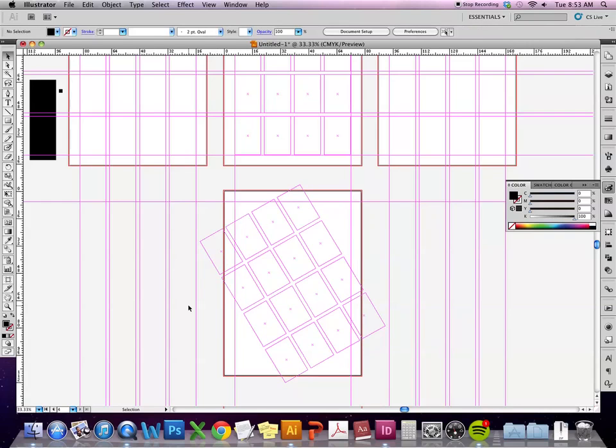The problem with working like this is you'd have to use all of your text and everything at an angle too, so that would be a little bit tricky. If you do a text box,